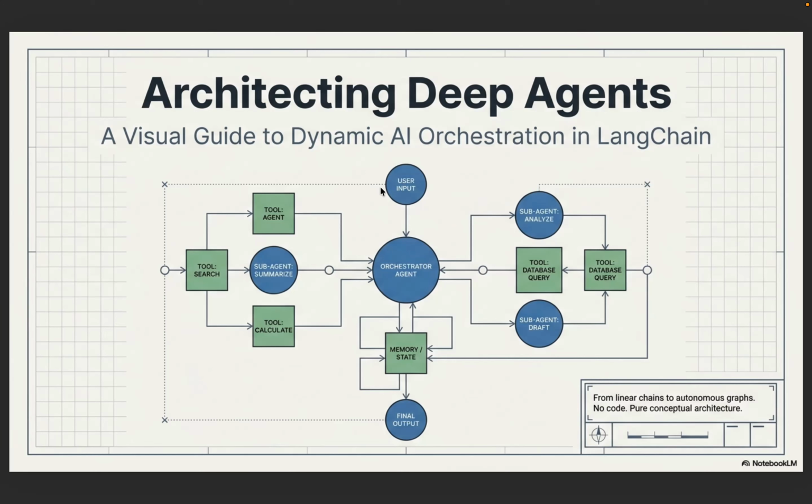Hi everyone, welcome back. In this session, we are going to discuss architecting deep agents. This is a visual guide to understand how modern AI agents are evolving from simple linear workflows into dynamic intelligence systems. Most people understand agents as a simple tool calling system, but real-world AI systems are much more complex. So today, we will explain how deep agents work, and definitely there is no coding added in this video,